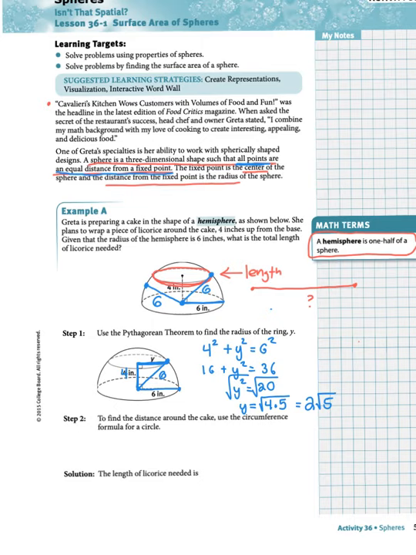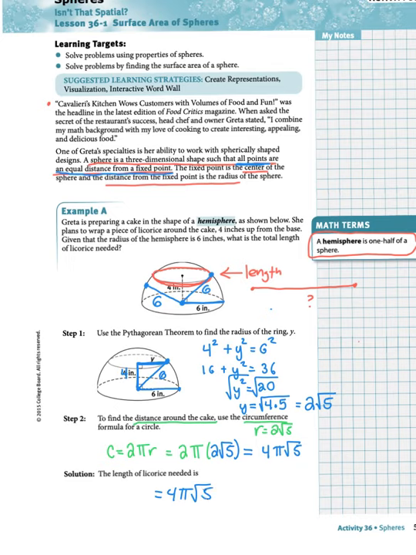Okay, so now if I want to know the distance around the cake, now remember, distance around the cake, we're talking about a length here. We're going to be finding the circumference of that circle. So we're looking for the circumference of a circle that has a radius of 2 square root 5. Our formula for circumference is 2 times pi times radius. So 2 times pi times our radius of 2 square root 5 will give us a circumference of 4 pi square root 5. Now the length of the licorice then is actually 4 pi square root 5,